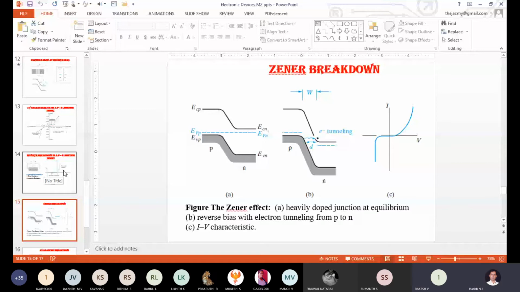Avalanche breakdown will be. In both cases it is high current, due to very high reverse saturation current the diode will break up. One condition we call a Zener breakdown. The second condition we call an avalanche breakdown. Both breakdowns are due to reverse saturation current. To be specific, we have to say when Zener breakdown happens and when avalanche breakdown happens.